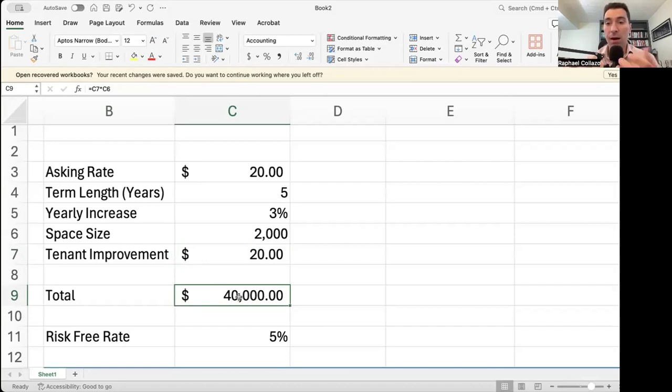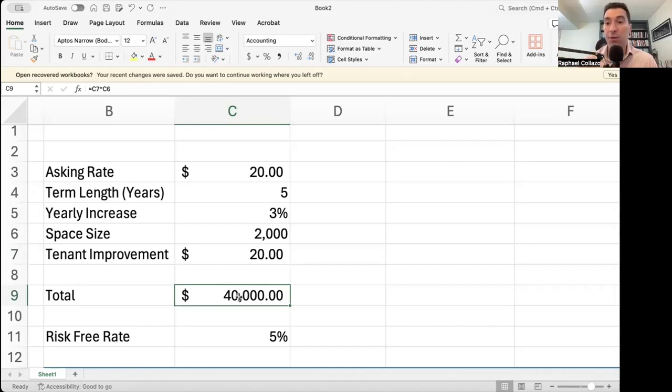So if I'm representing a landlord and I'm a listing agent, what I often will do is say, okay, Mr. Landlord, if that's what they want to do and you're open to the idea of giving them that tenant improvement allowance, you've got to be able to recoup that amount over a particular period of time. There are different ways to conduct this analysis. If you're watching this and you do it a different way, I'd love to hear your feedback in the comments. But the way that I typically like to do it is to say, okay, let's imagine